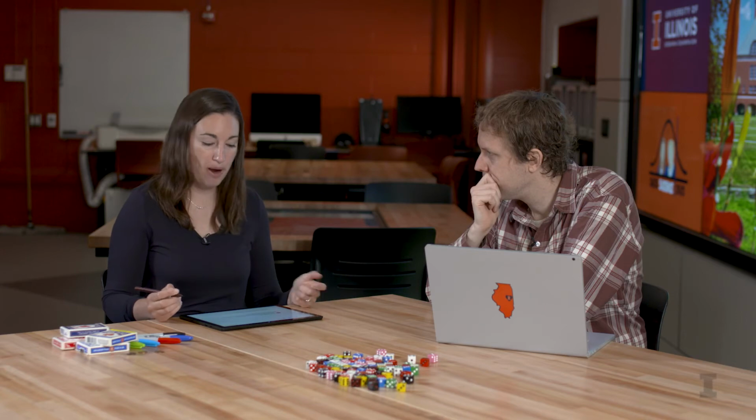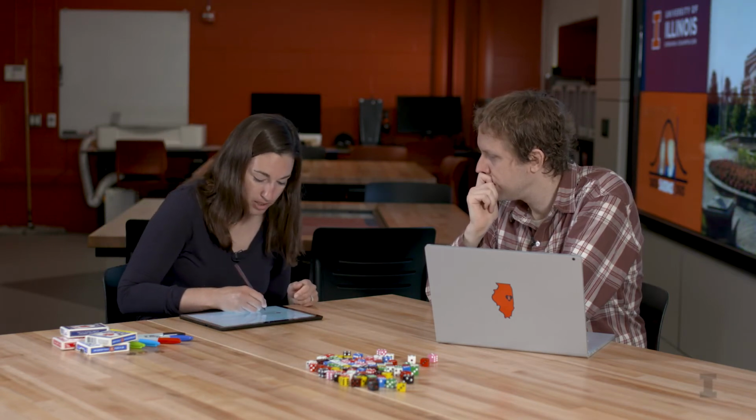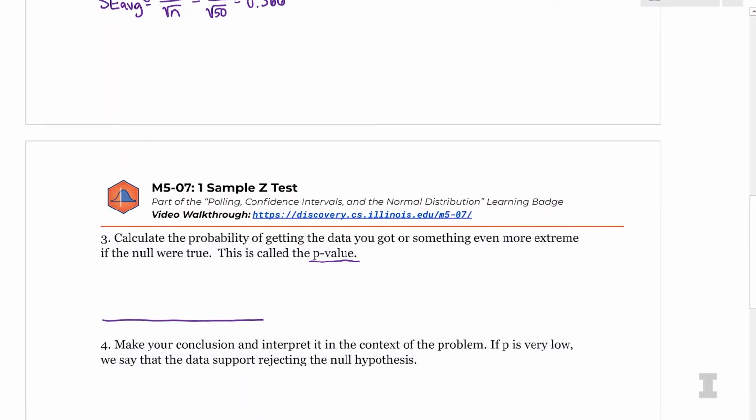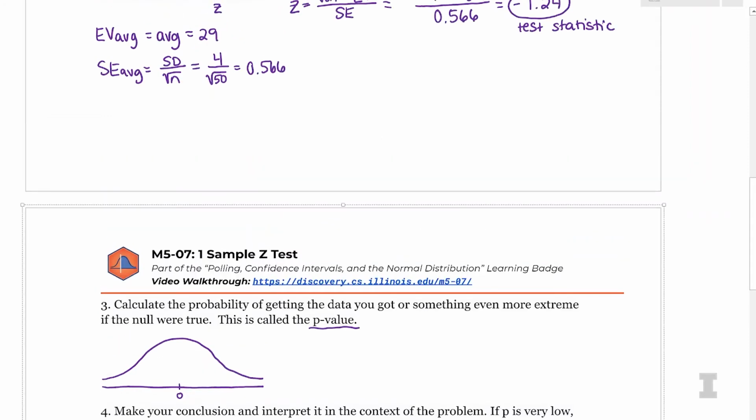Since it's just a probability and we are looking at averages, we know that the central limit theorem is going to kick in. We're sampling 50 people, so I can assume that the sample averages are going to follow the normal distribution. I can convert them to standard normal. So I'm going to mark our z-score on the normal curve, and it is going to be negative 1.24, which is about right here.